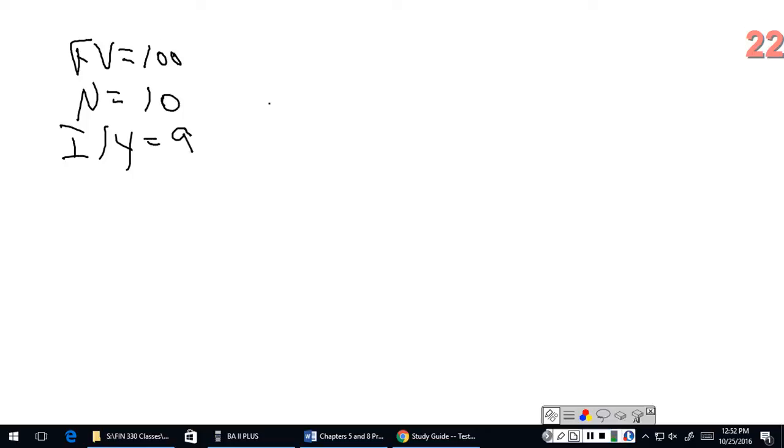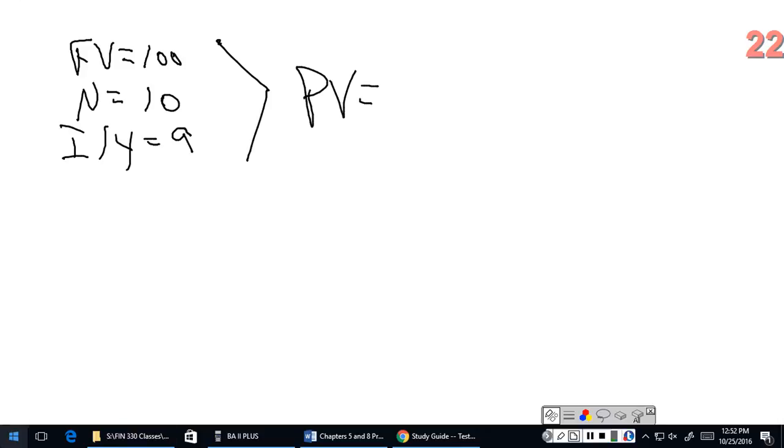Okay, so with this one, we have a future value of 100. We need an N, we need an interest rate. So N is 10, the interest rate is 9%. We are looking for the present value. Now, for these types of problems, your calculator needs to be set on one payment per year. This is simply the present value of a lump sum or the present value of a single dollar amount. And so if you calculate this,